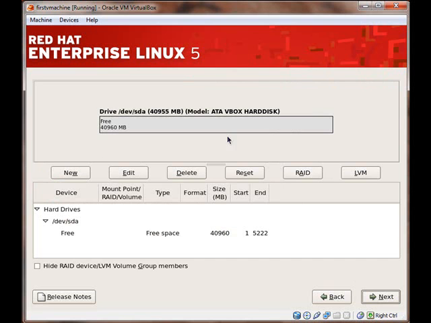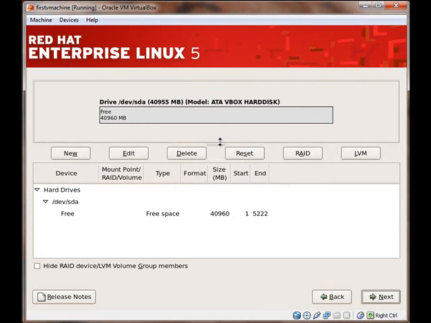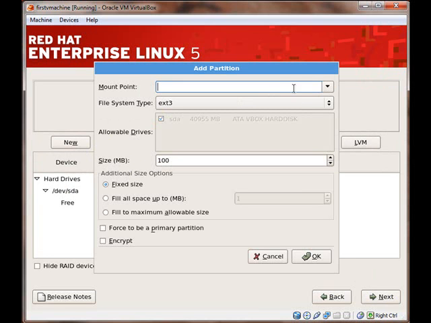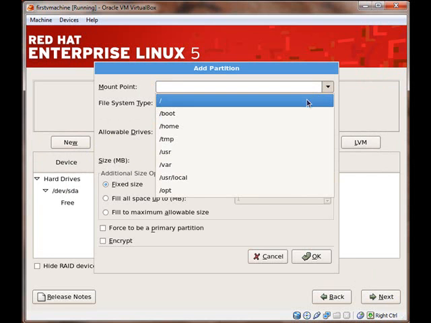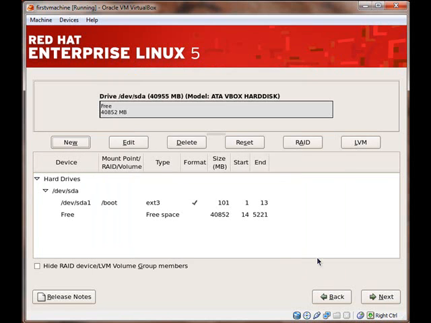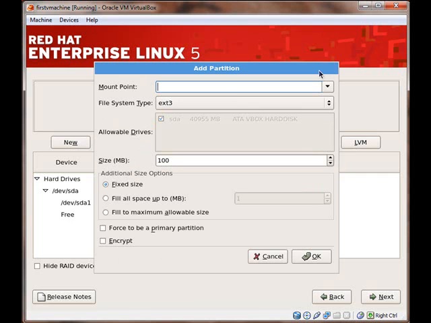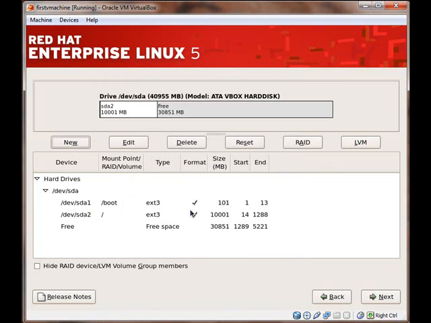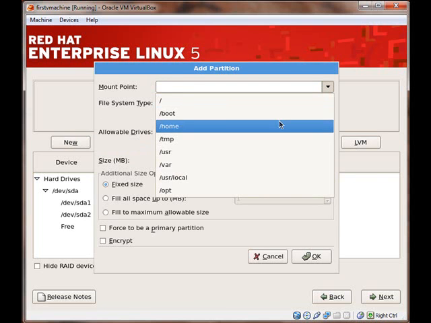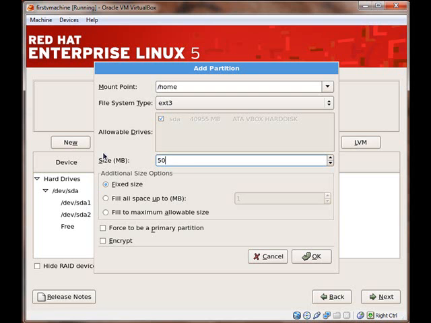Here I can create my own required layout. I will click new. First I am going to create boot partition of 100 MB. Then I will create a root partition of 10 GB. I would like to create home partition of 5 GB,